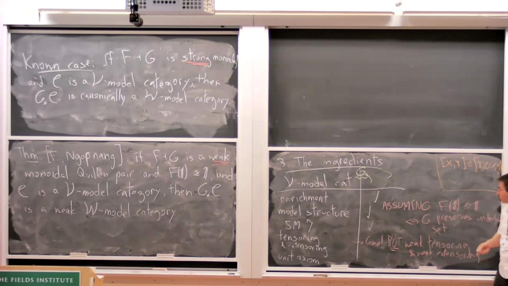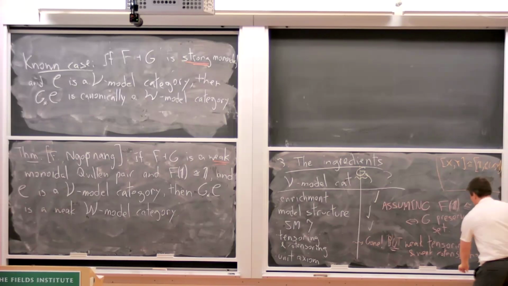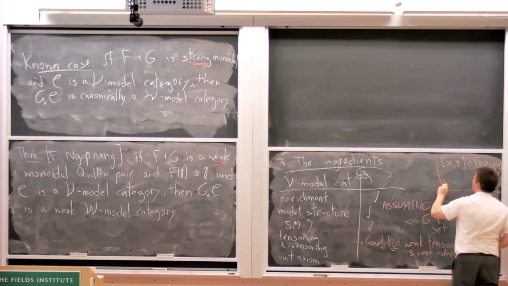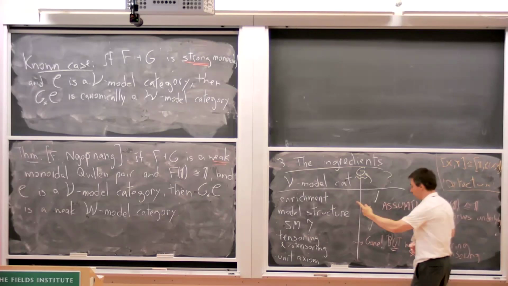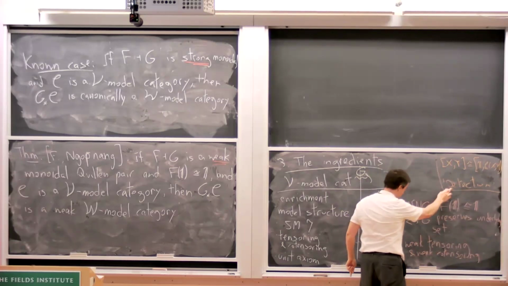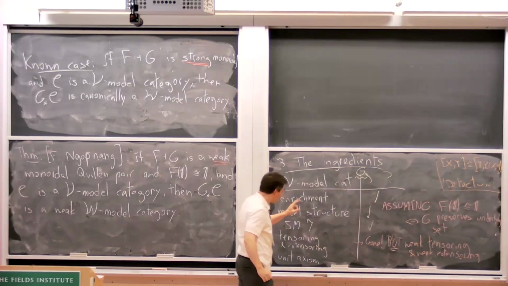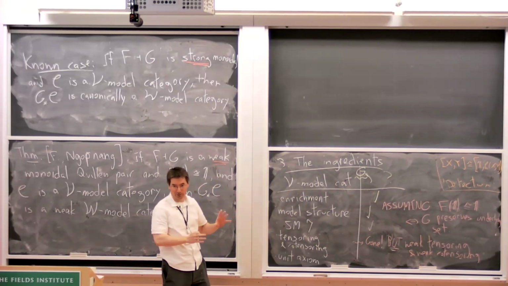And then there's the detection property, which says that if I have a map between cofibrant objects and I want to know, is this a weak equivalence? You test it by homming into fibrant objects. And if you get an equivalence of mapping spaces, then the original map was a weak equivalence. You can detect weak equivalences that way. And those three conditions are equivalent: unit axiom, pi-0 mapping space, detection property. Except that's assuming that you had the tensoring and co-tensoring.